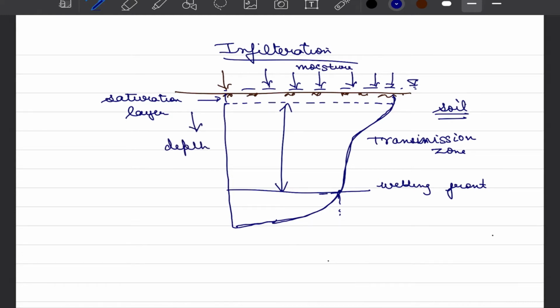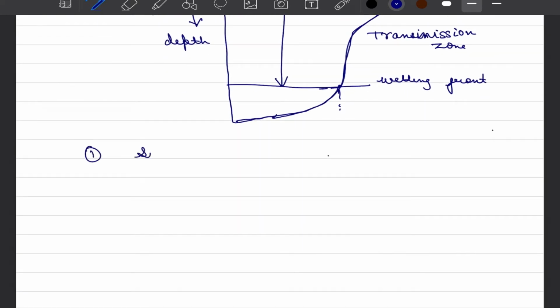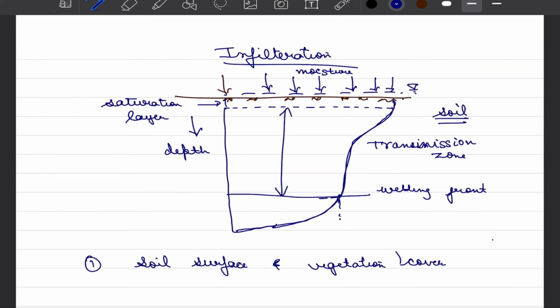And when we specifically talk about infiltration, we are looking into the process of how this water that has gathered here as a consequence of precipitation would penetrate into the ground surface. Now, as you can imagine, many factors would influence this infiltration rate. That would include the condition of the soil surface as well as vegetation cover. If we have more and more vegetation, that may have a tendency to hold the moisture together and also facilitate the penetration of this water into layers of soil.